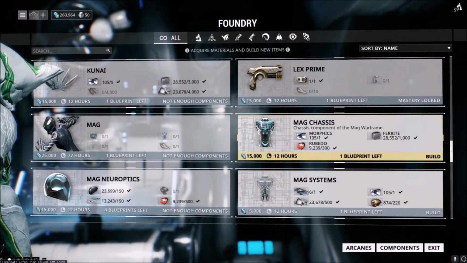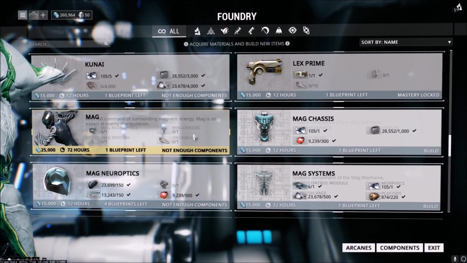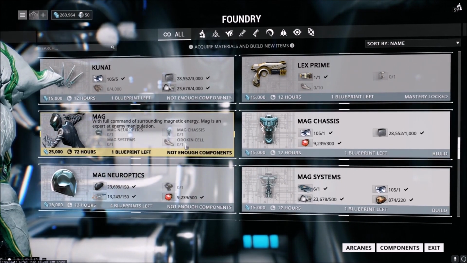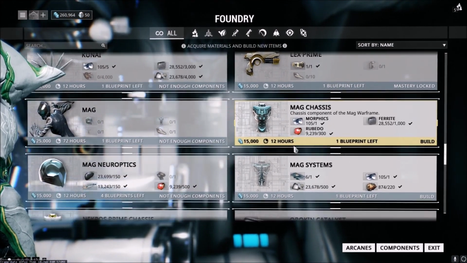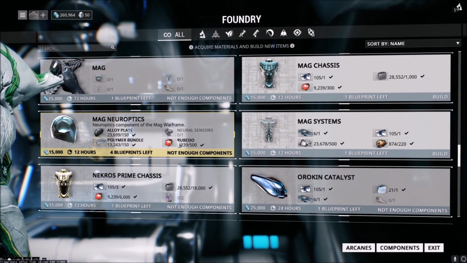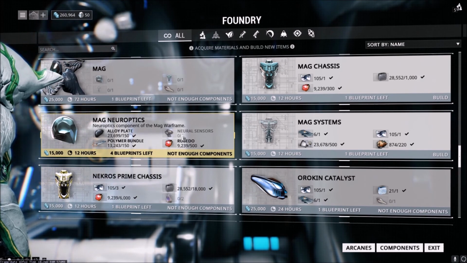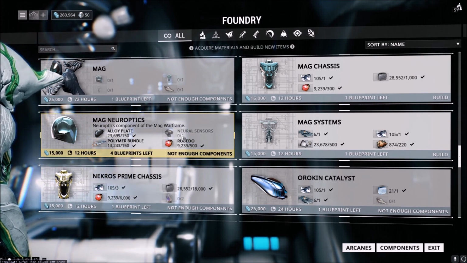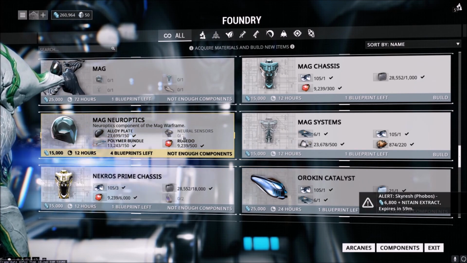And you can see we got the chassis, then your optics and systems. You get the blueprint, which you buy from the market, of course. And we're going to need an Orokin Cell to build Mag, so we don't quite have that yet. And really, her parts are not too bad. The only problem we have here is we need a Neural Sensor, which we can get at Jupiter, so that's just another reason we need to continue progressing through the star chart and get to Jupiter a little bit more